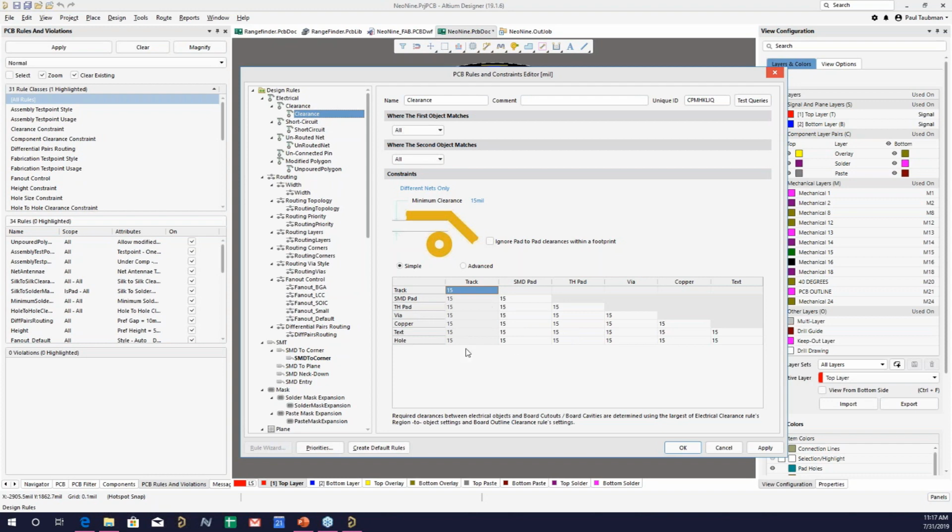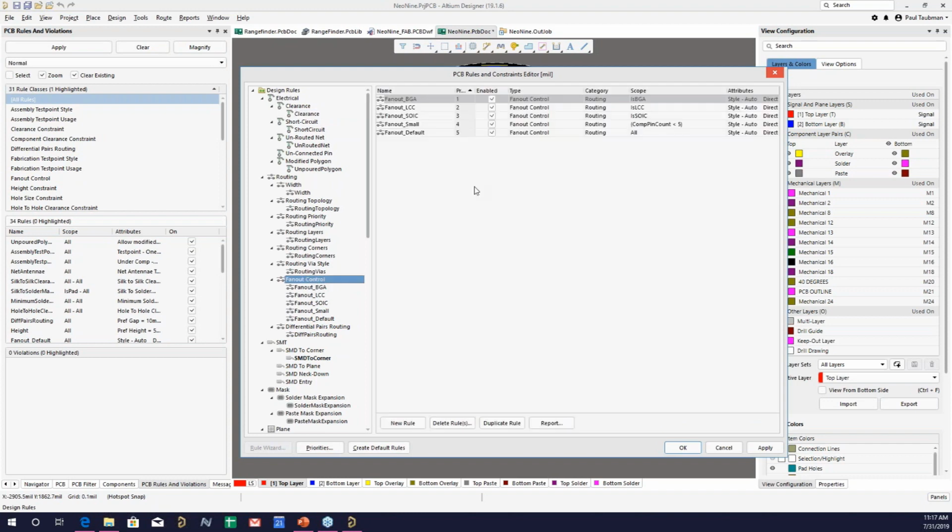So that's, I think, a really useful way of handling this over here. One of the other ones I'll show you, just because it's something we'll talk about in the next webinar, but it's really important as well, is that obviously you can have multiple rules under a given category. So under fan out control, they actually give you that situation. So what they've done over here is they've given very specific rules for certain things, and then they have a catch-all rule down here. So if it doesn't fall under any one of these categories, it falls under the default